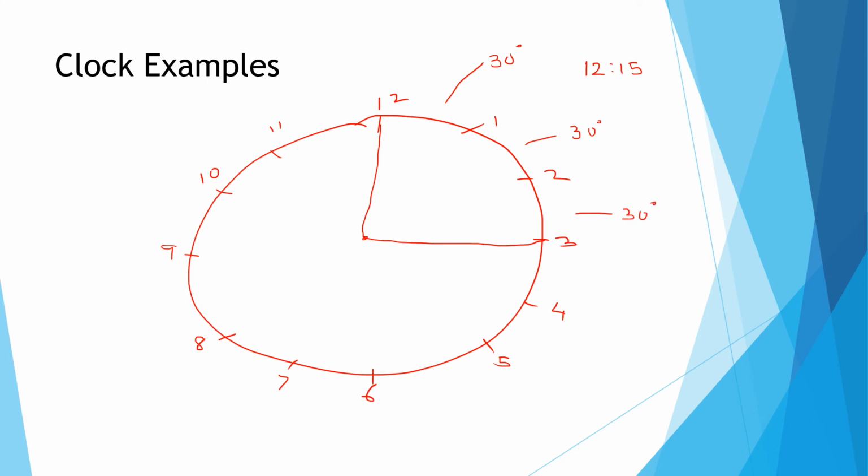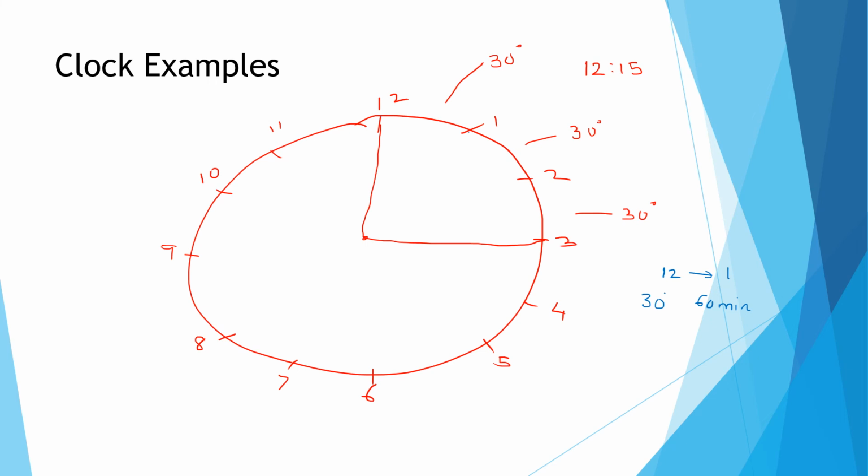If you just give a glance, it appears to be 90 degree, but if you see carefully, when it is 12:15, the angle is no more 90 degree. It will be less than 90 degree or more than 90 degree, that we'll see. Why? Because the journey from 12 to 1 takes 1 hour, that is 60 minutes, and in those 60 minutes it covers 30 degree.